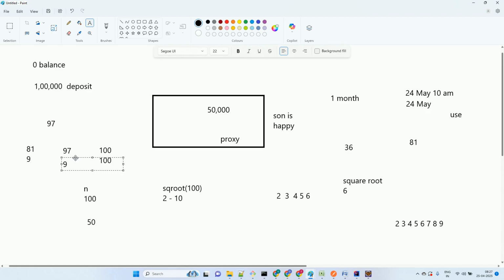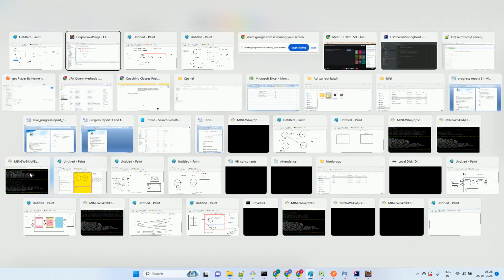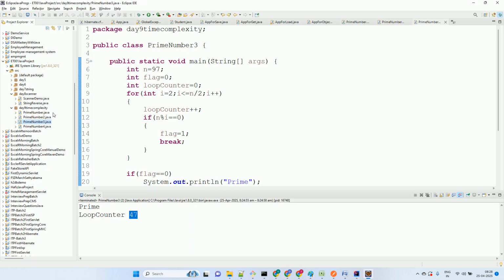Now try 97 with 2. Will it go? With 3, will it go? 4, 5, 6, 7, 8, 9? No, right? So if it doesn't divide by this range, it will not divide by the other numbers also. It's a prime number. So now this person says instead of going till the half, we can just directly go